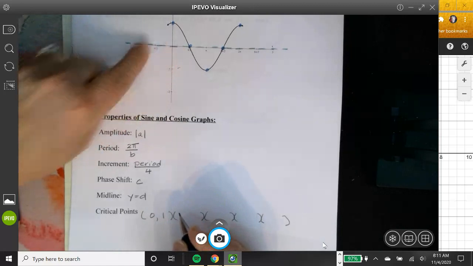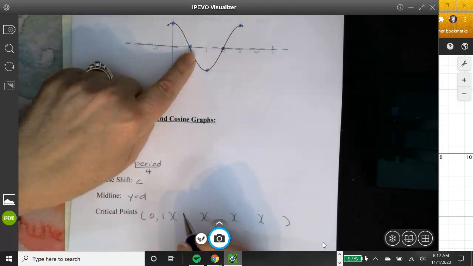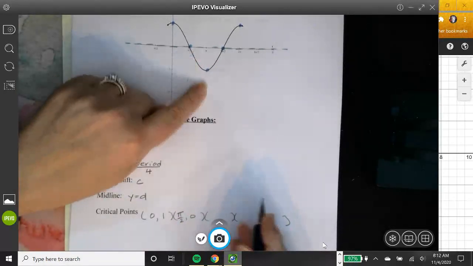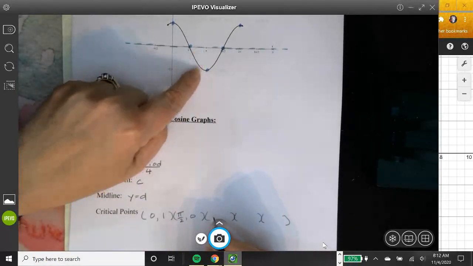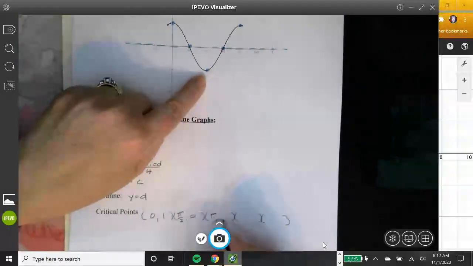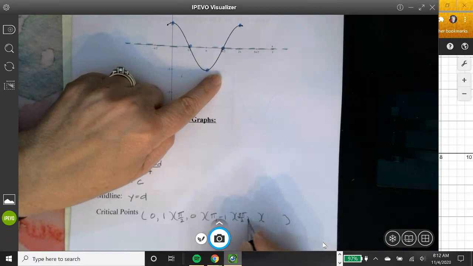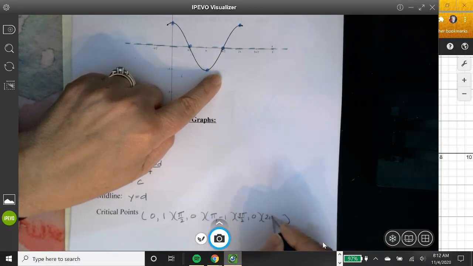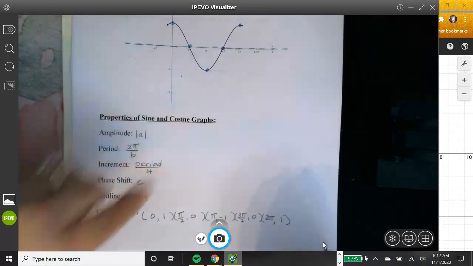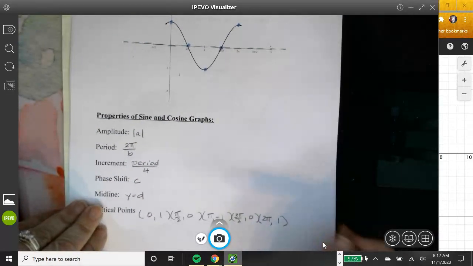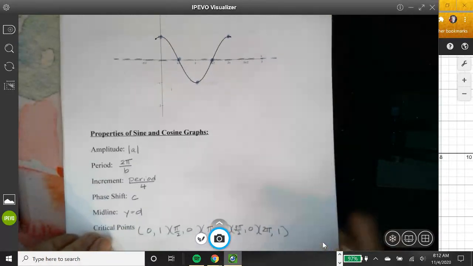Then we walk an increment over, and that's pi over 2. So this is pi over 2, comma 0. And then we add another increment, and we get to pi, and we're at -1. Add another increment, we're at 3 pi over 2, 0. And then add the last increment, we get 2 pi, 1. Okay, and just like the sine curve,